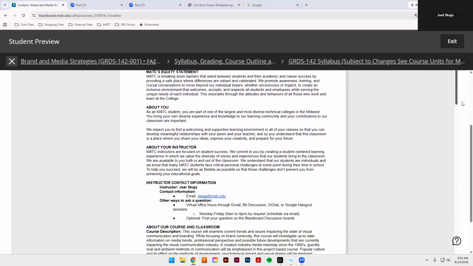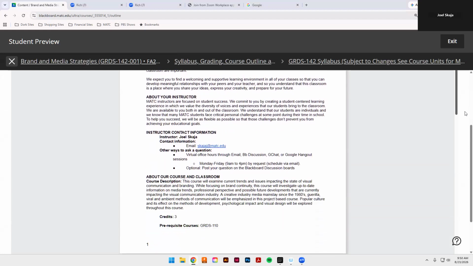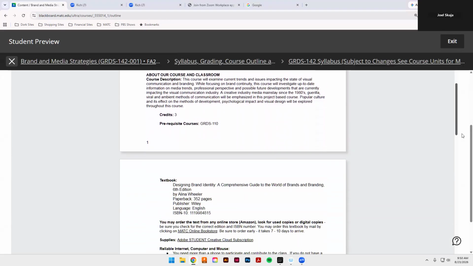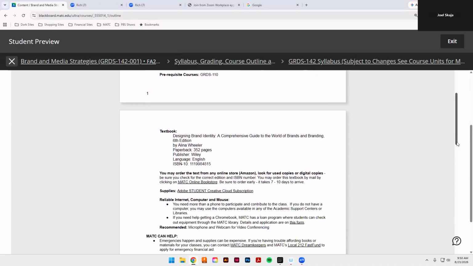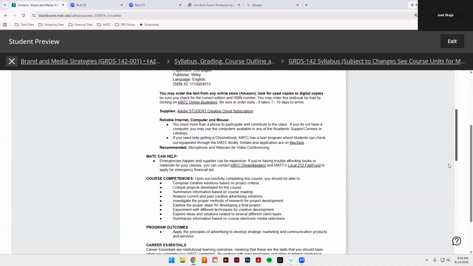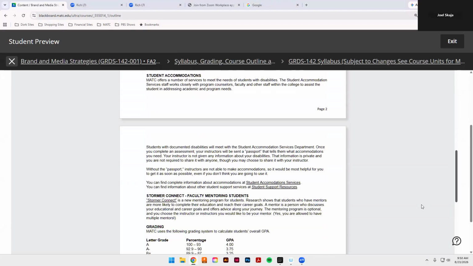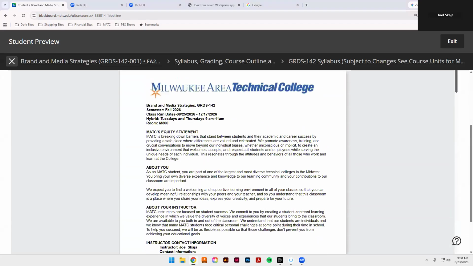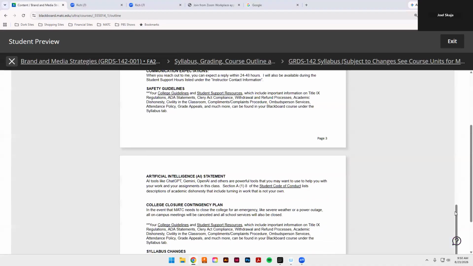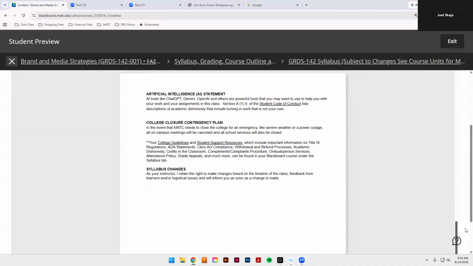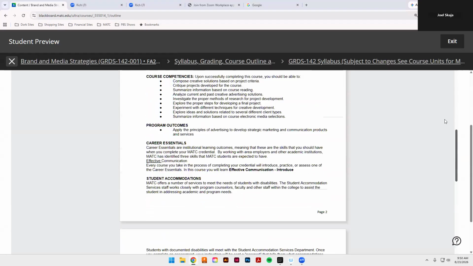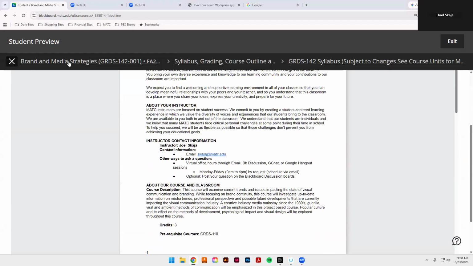I give it to you as they give it to us. This just has the legalese. If something goes wrong, they will say, did you check the syllabus? And you'll read through the syllabus and then you can find the information. And if you're like, it wasn't in there, then they'll ask the instructor if they covered this in a different way, and I will show them the intro video. But everything is here, so you can read through it legally. There you are. The one that you want to know about more,